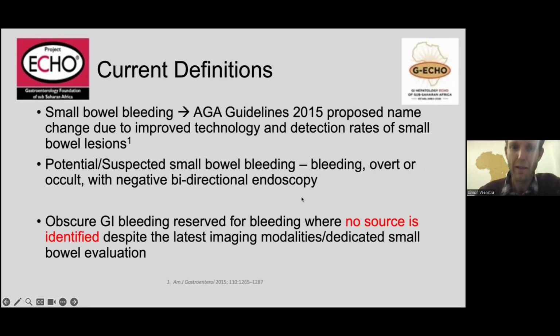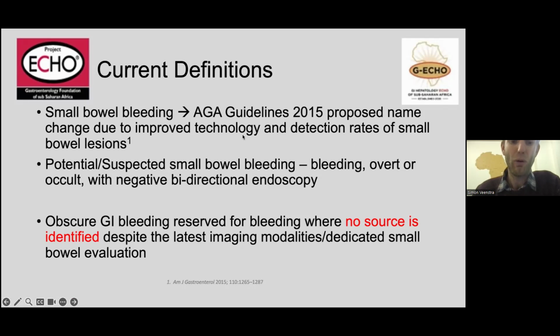However, the AGA brought out some guidelines in 2015, which proposed a name change to small bowel bleeding, based on the fact that we've had quite a marked improvement in the technology available to us to visualize the small bowel, and detection rates of small bowel lesions have improved dramatically. And so they proposed that the term small bowel bleeding be used,